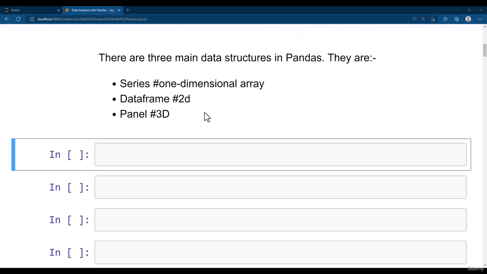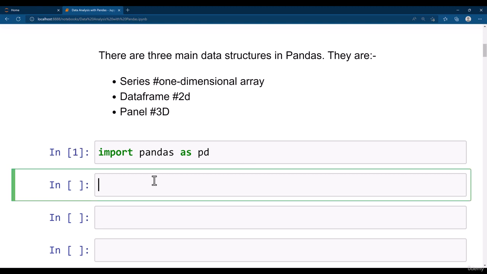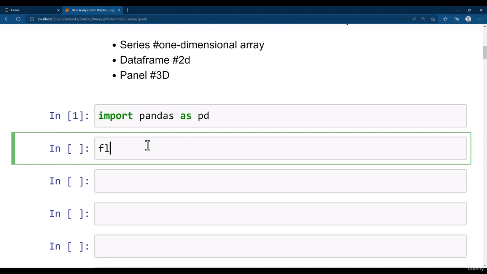All right, let's go ahead and import Pandas here. It's very simple. Import pandas as pd. So with this, you can import Pandas as pd. Then we are going to first take the series, that is the one-dimensional array. A one-dimensional array is a single dimension vector. So for now, I'm just going to create flavors. I say flavors is equal to